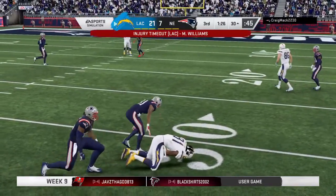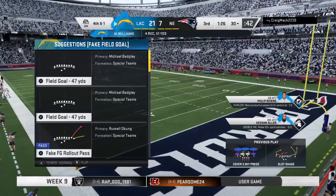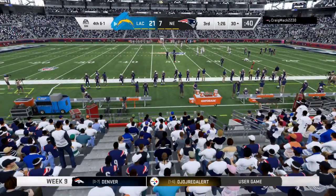Well, this is caught by Williams. Well, this is going to depend on the spot, but it's not a very generous one. He looks to be about a yard or so short. So on